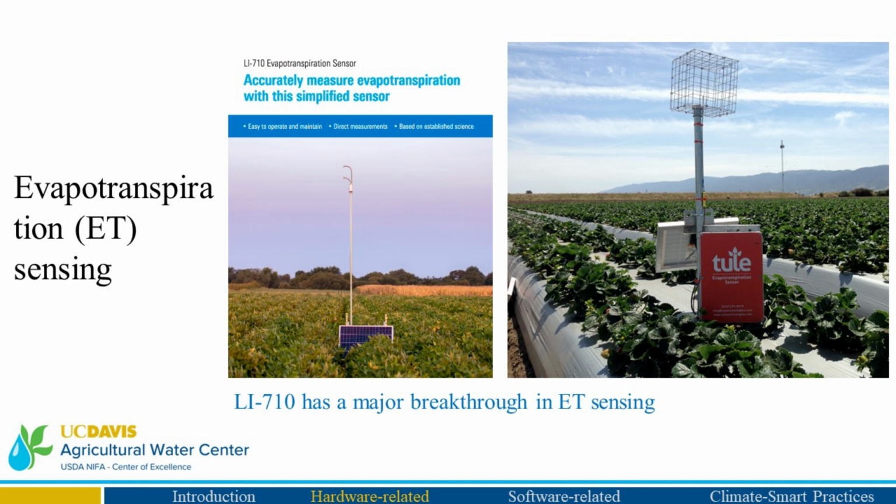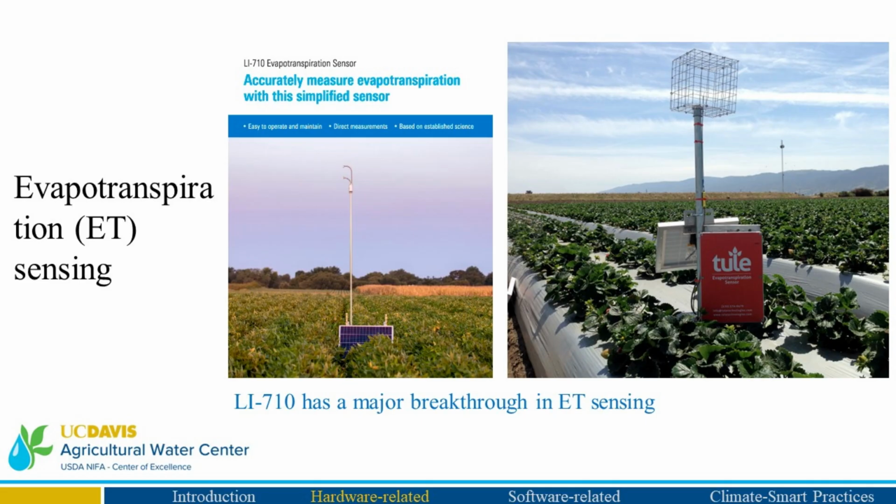But even 3 years ago, this technique cost $50,000 and it needed somebody with scientific expertise like me to get the raw data into a water use number. Now it's $5,000 and the farmer can use it himself. Okay? And it's still using the same science. Okay? So thank God for semiconductors and very high computational efficiencies that we have these days. There are other companies that, like Thule, that are also measuring evapotranspiration, but they are not directly measuring water vapor like the LAI 710.